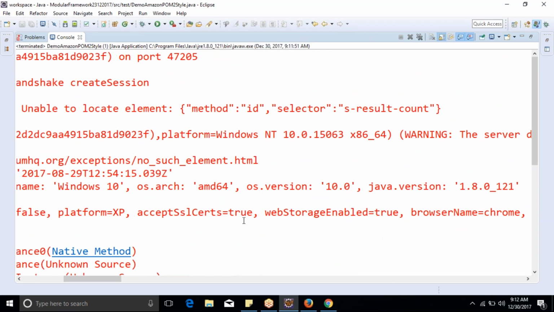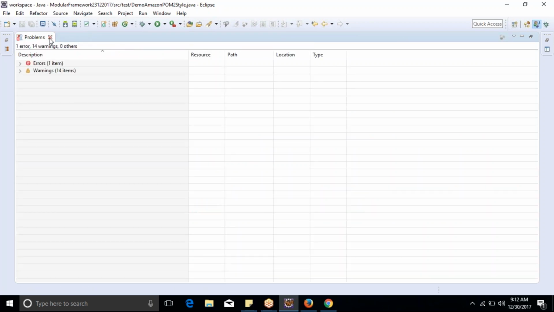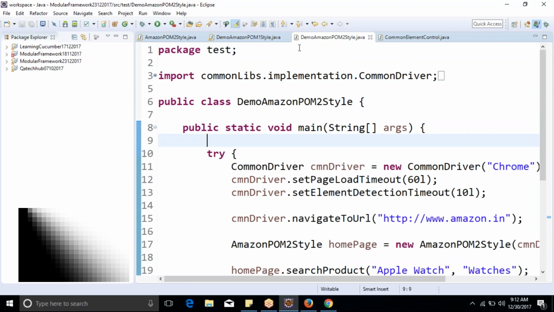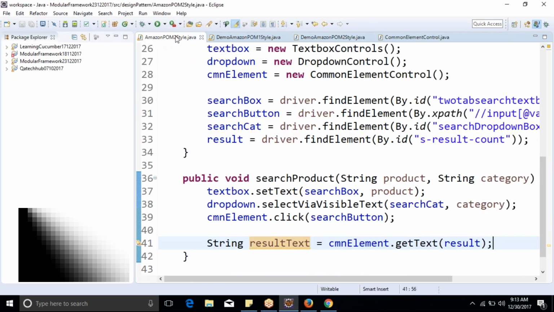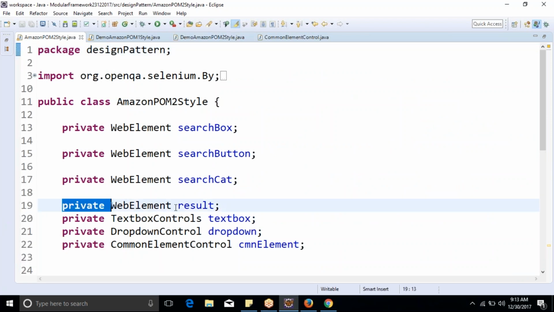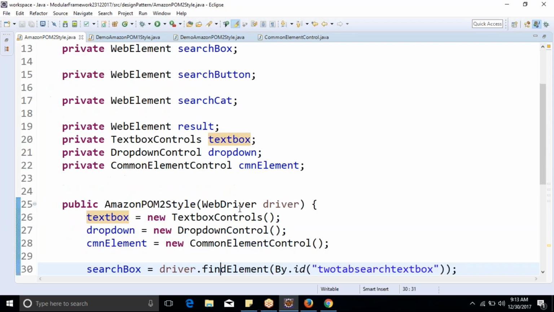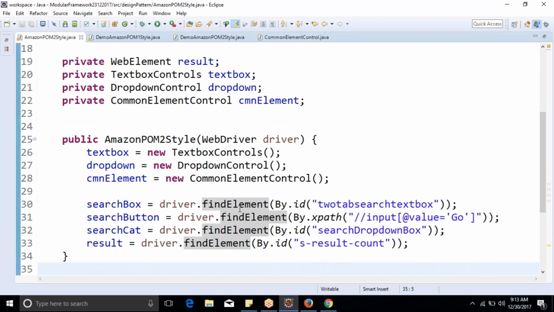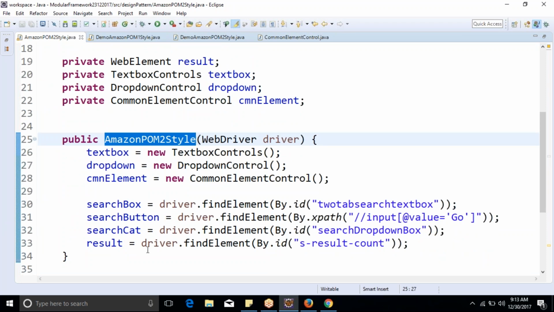Why did this happen? If you observe, if I go back to the code, in this Amazon POM2 style, I just created this web element with the name result at the start. That's fine. We are just creating it. But look at where its initialization is happening. Its initialization is happening in the constructor of Amazon POM2 style, right? That means when you are initializing this particular page, this particular Java class, at that time it is trying to initialize